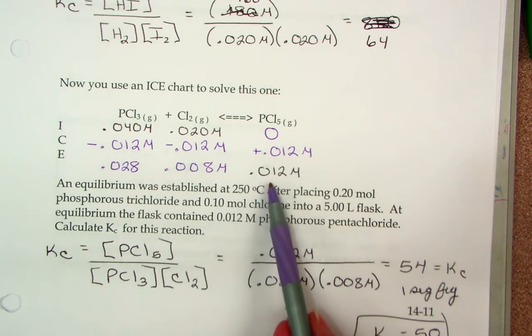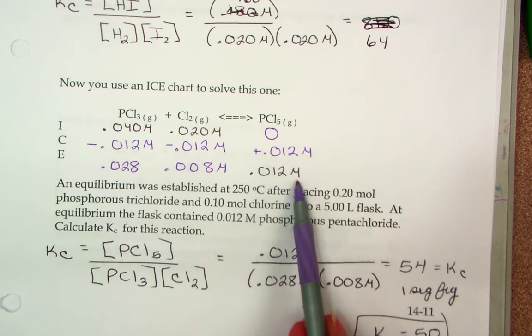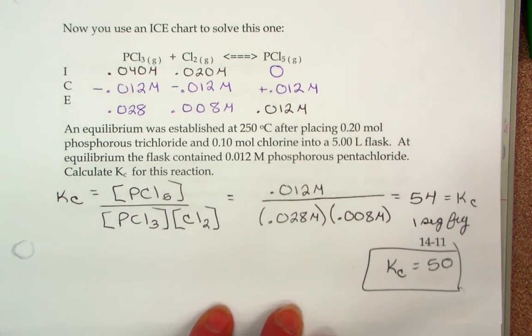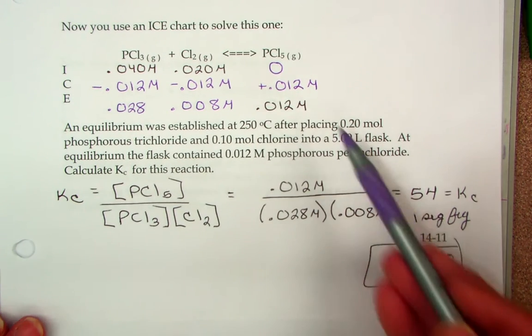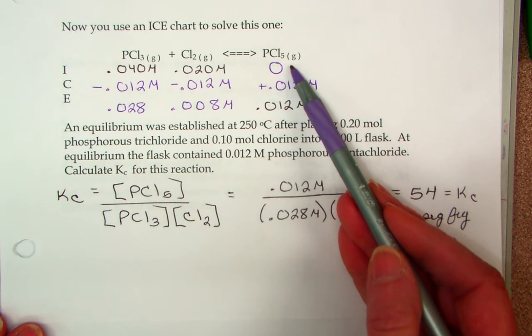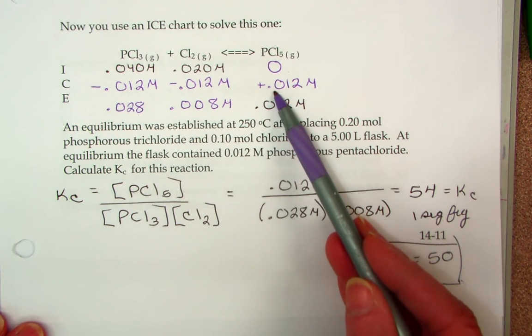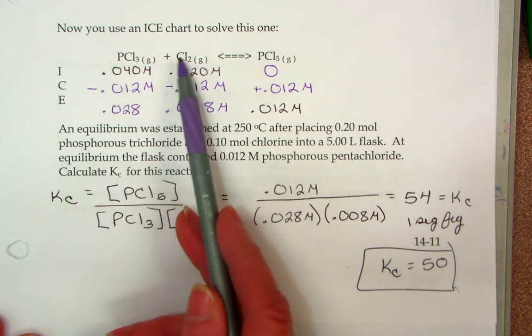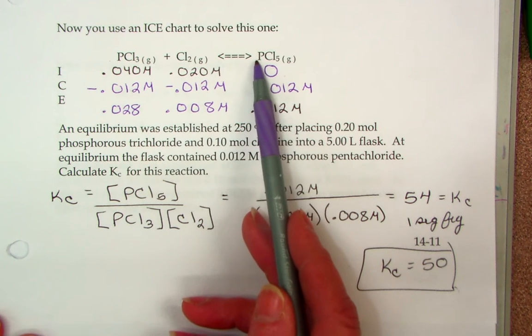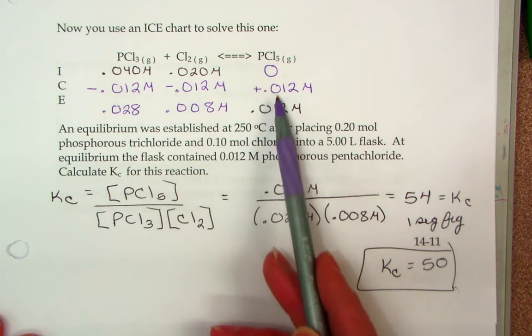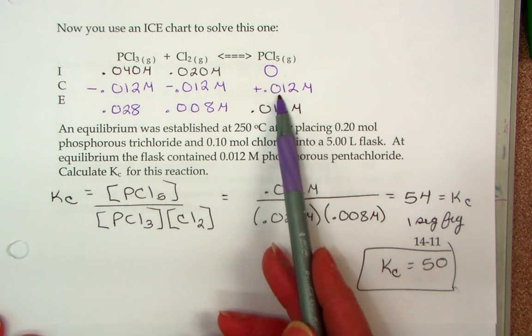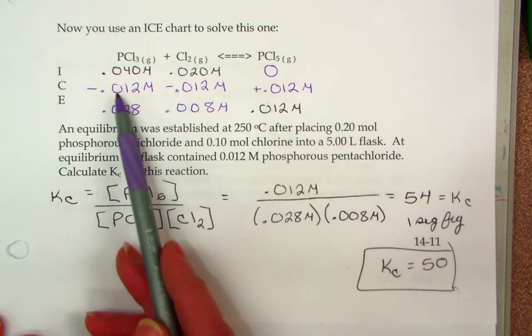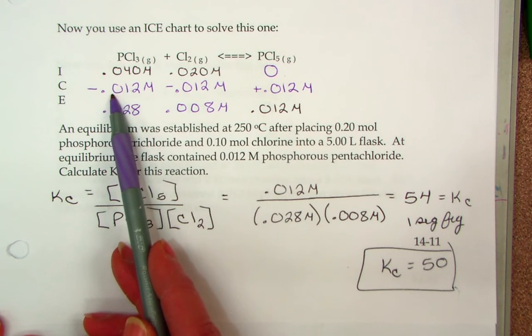We're also told, as I've written here on the bottom, that we get 0.012 molar PCl5 at the end. So now we can fill in our chart. We know that we start with 0 product to begin with, so the change is a positive 0.012 molar. Looking at this one, we have 1-to-1-to-1 stoichiometry. Because it's all 1-to-1, if the PCl5 goes up by 0.012, each of these reactants has to go down by